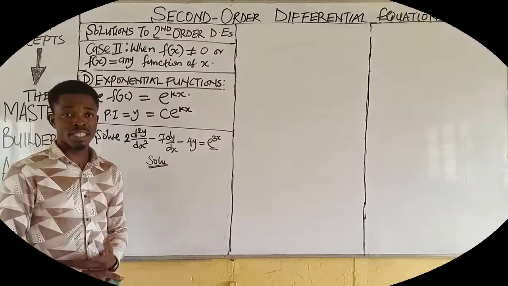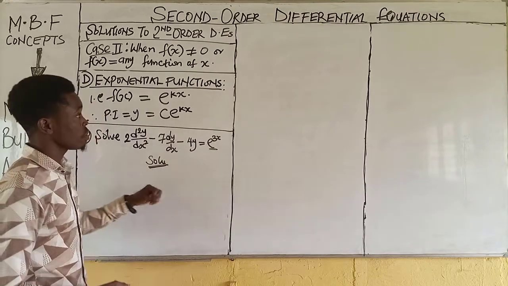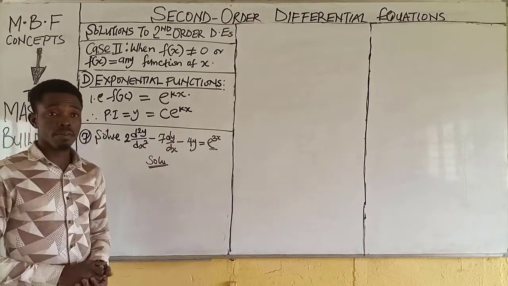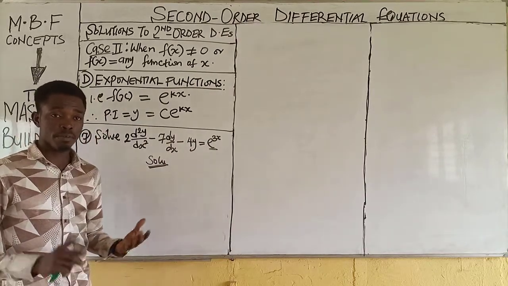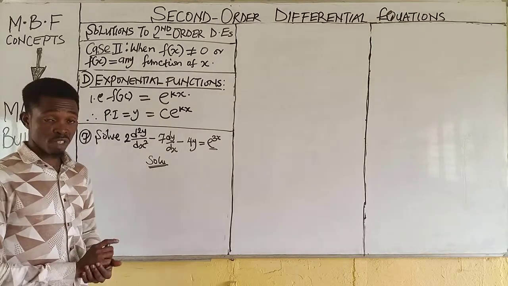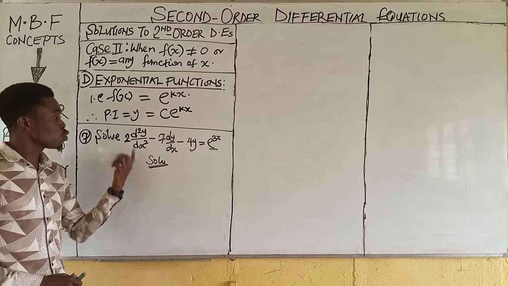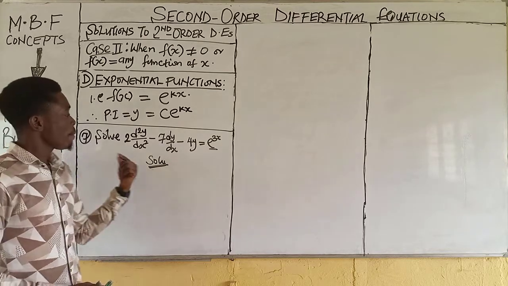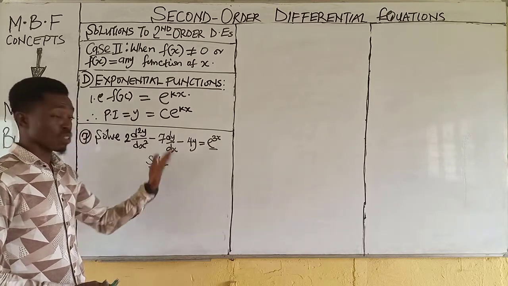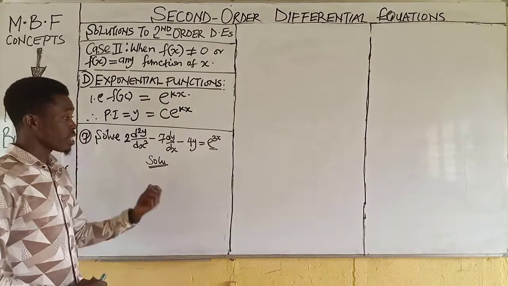Guys, we have question number 7 on the board. Of course, it's the first question under this category, but it happens to be question number 7, being that this class is a continuation class. Are we done? Now let's look at it. We are asked to solve 2 d squared y over dx squared minus 7 dy over dx minus 4y is equal to